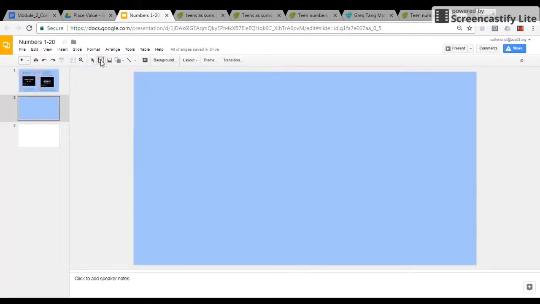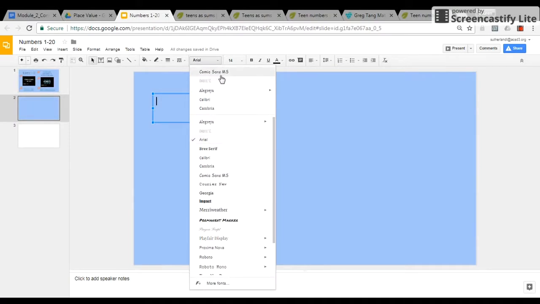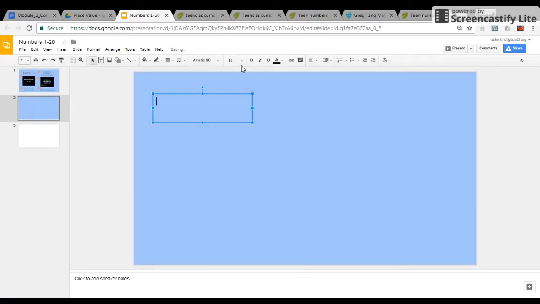Then I want to add a text. And this is where you can use your CRAP principles that we've learned about, contrast, things like that, making sure things are aligned to make sure it is presentable and engaging. So I'm going to change my font. I can make my font bigger, type in my title,